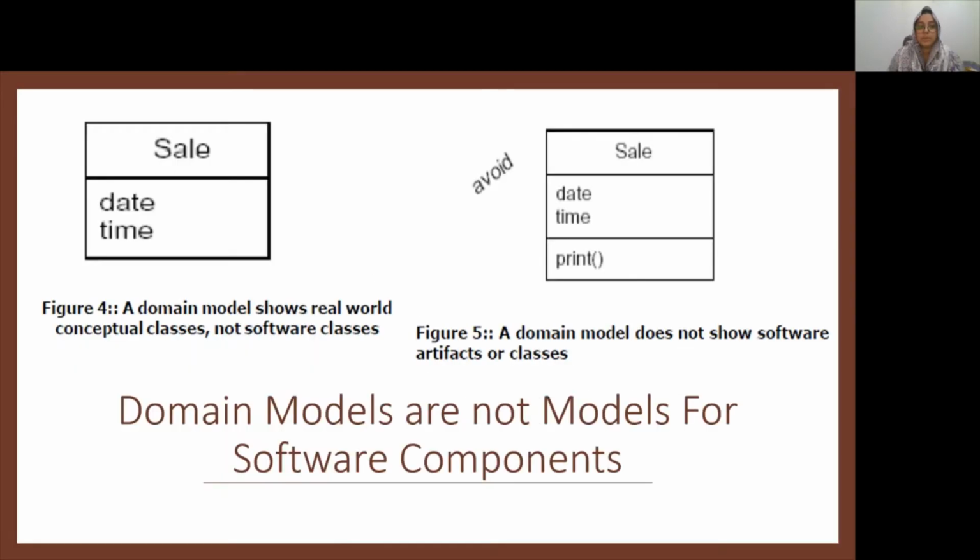Let's see an example. A domain model, as shown in this particular figure, is a visualization of things in the real-world domain of interest, not of software component objects with responsibilities, because they have no operations. So this particular concept is of a domain model and this particular concept is of classes, not of a domain model, because domain models do not contain operations. This particular figure that is representing a concept with responsibilities does not belong to the scope of the domain model. Rather, the responsibilities are a